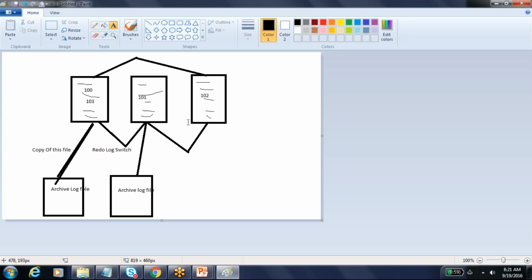So this also denotes the changes which are made to your database. Now each archive file which is created will have the same number. If I create a copy of this earlier, it becomes 100, 101, 102, then 103. So the archive file denotes which time it belongs to, which change it belongs to. It will be helpful for us to recover. It will also store the timestamp of when this redo log file was created and what transactions were happening. It stores the timestamp and also denotes one number.